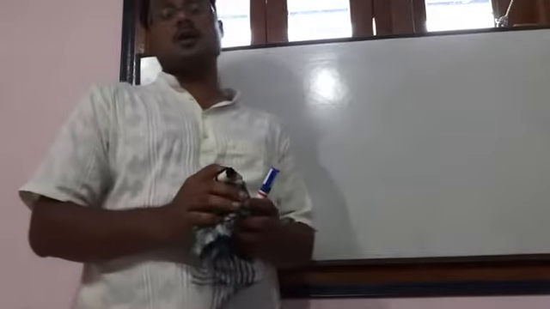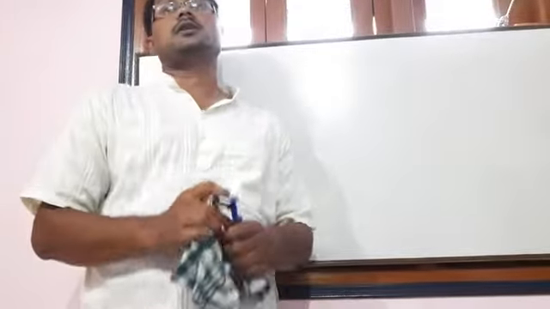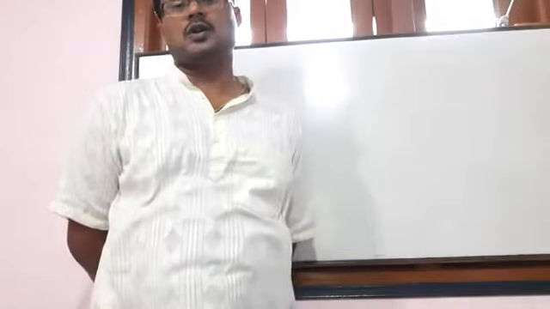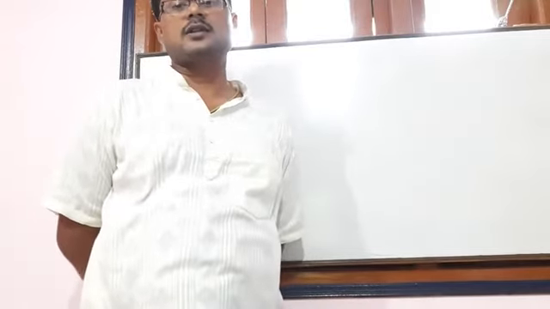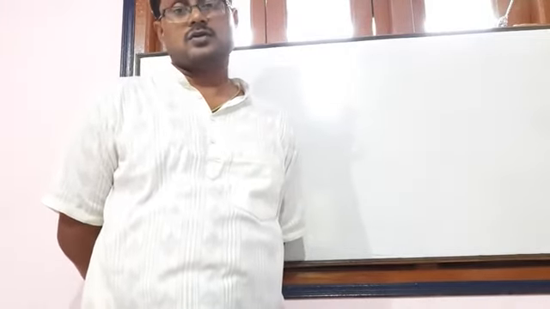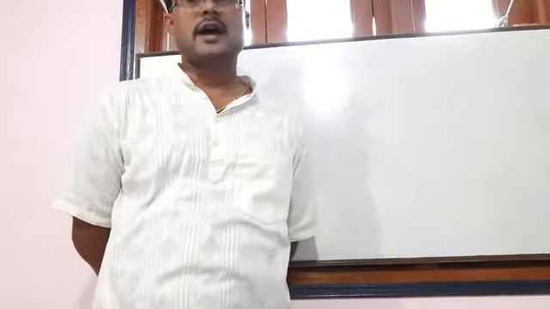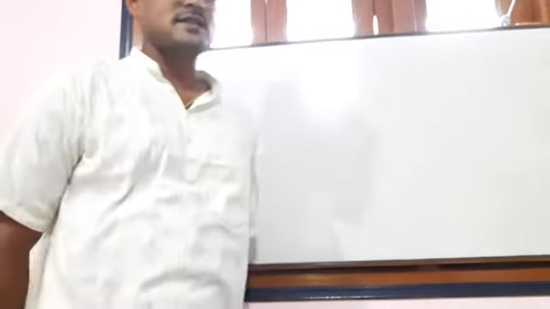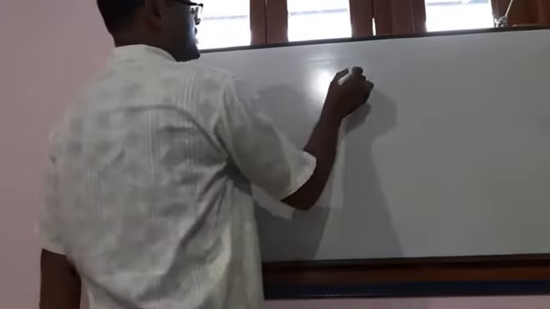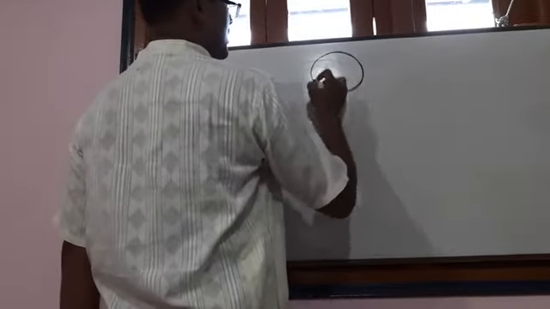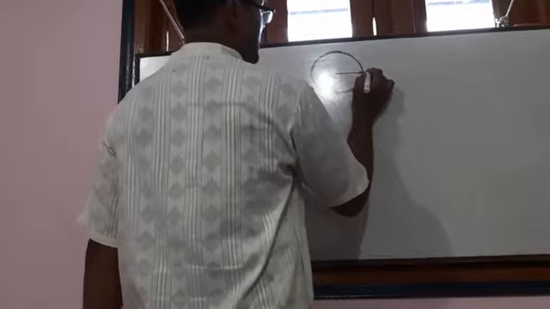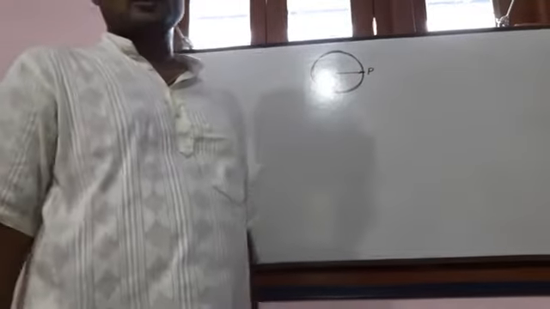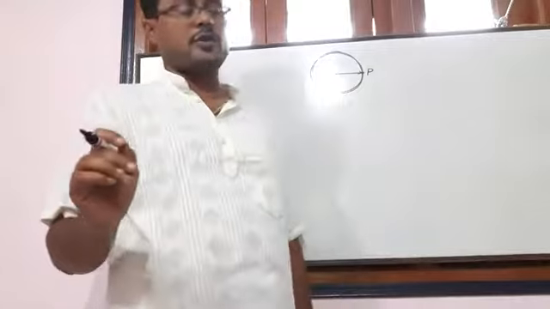Whenever a motion is happening, the main measuring factor is the displacement. If displacement is there, then you can say that motion is happening. So here also we have to see the angular displacement first. So what is angular displacement? Let a particle be moving in a circular path, and at any instant the particle is situated at the point P.